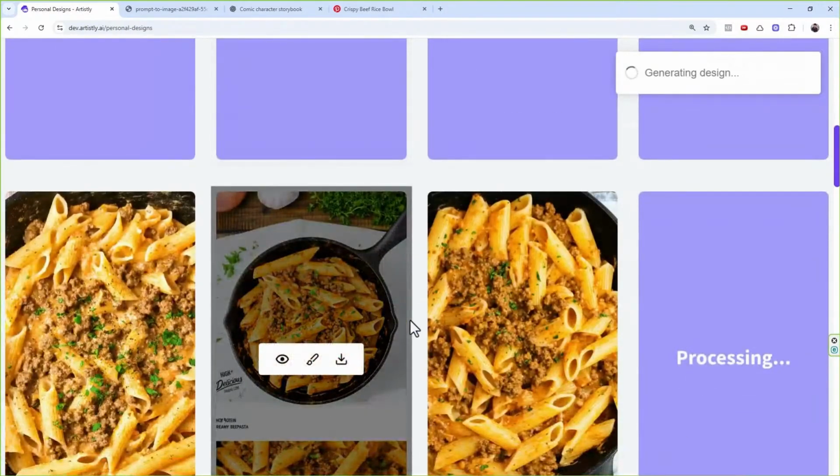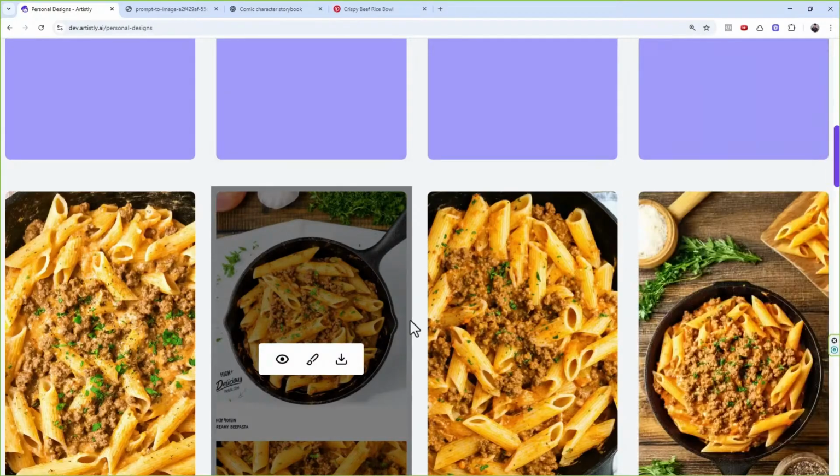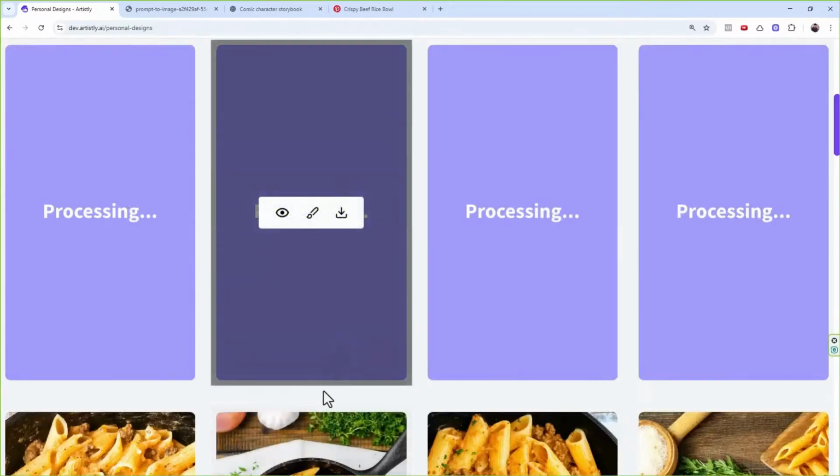In Artistly itself, you have multiple different settings and models, and unique AIs that will give you different results for the same prompt, and that is where your creativity comes in. Whatever platform or generator or category gives you the results that you want, you can go with it. My goal is to fulfill all of your demands, all of your feedback, all of your requests.